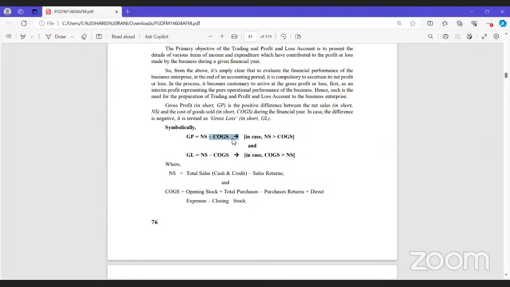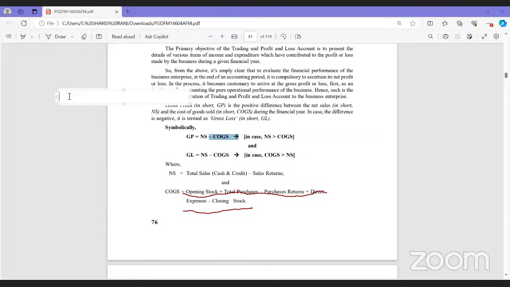So what is your cost of goods sold? Cost of goods sold is nothing but this: opening stock plus purchases, that is total purchases minus total purchase returns, plus direct expenses minus closing stock. It means